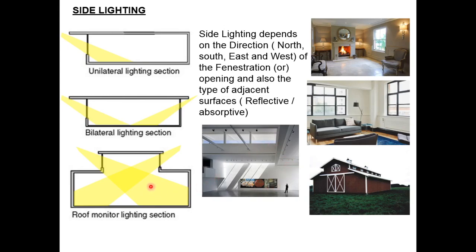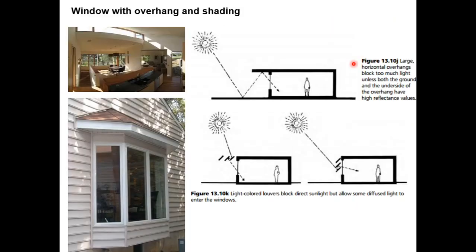So the roof monitor light section can be used somewhere like an art gallery, where you have to avoid direct light to see the art. Or maybe in a few colder places where you cannot use a window, whereas you have to use just a roof monitor to get sufficient daylight. So that is one thing. Maybe in living rooms and residential spaces, it is more common to use bilateral sections. You have two windows, you get sufficient and ambient lighting. With one window, you certainly get a certain amount of lighting in your unilateral lighting section.